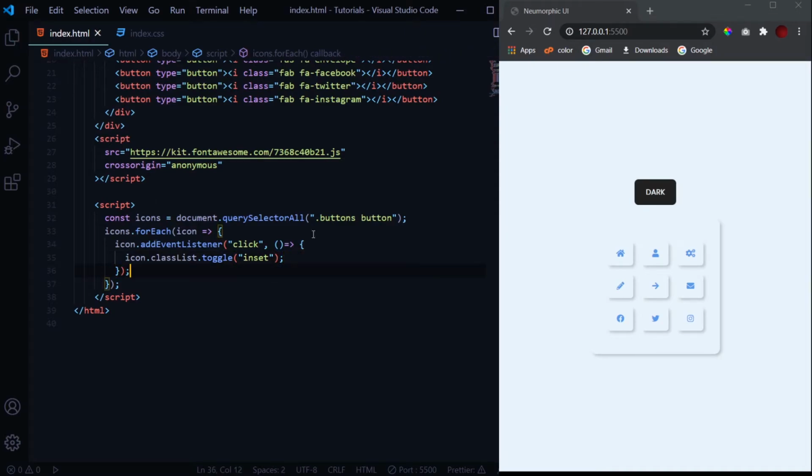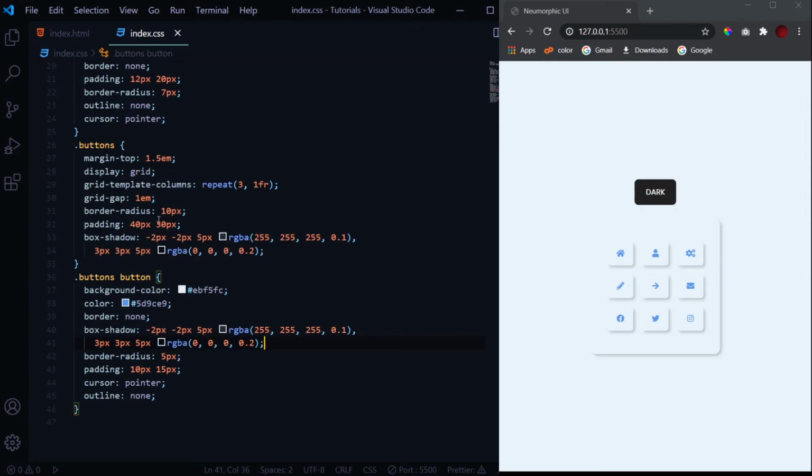Now why are we adding this class to it? I will be explaining it to you now, like here. So button.inset. Whenever any icon is clicked on, the class inset will get added to it, and we will change the box shadow to inset RGBA, and it will be 255.